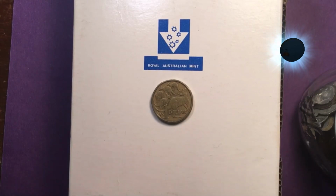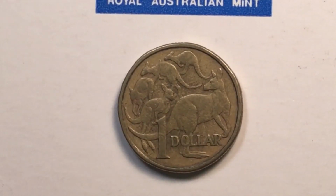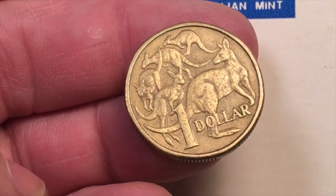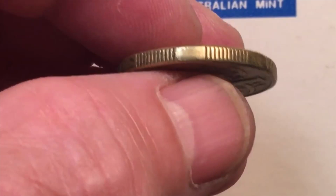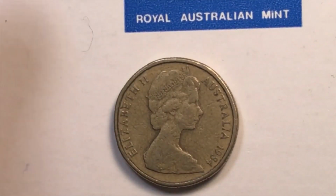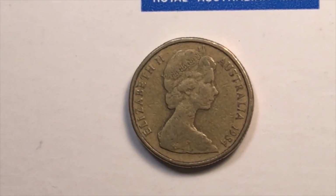And today we have kind of an interesting story of the first Australian and second Australian dollar coins. And this, of course, is the 1984 first Australian dollar coin, the Mob of Roos. And you can see there's a bunch of kangaroos kind of circling the coin. It says $1 on it. It's a broken reeded edge, so it's reeded smooth as you go along. And then, of course, on the front we have the Arnold Machin second portrait of Queen Elizabeth II, and she is wearing the Girls of Great Britain and Ireland tiara, and it says Australia